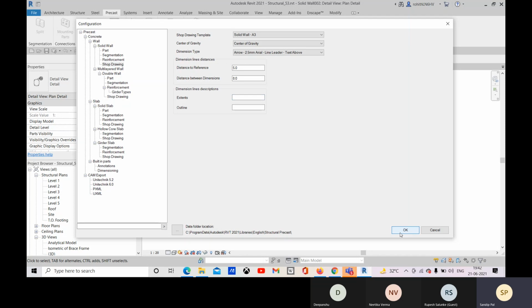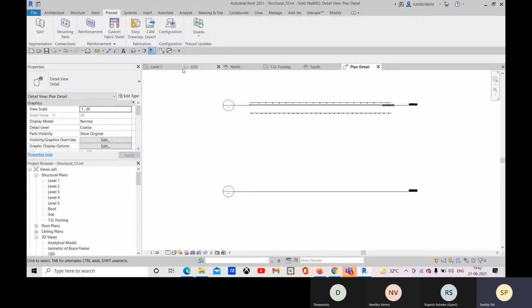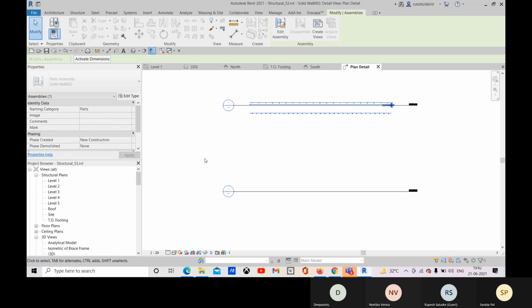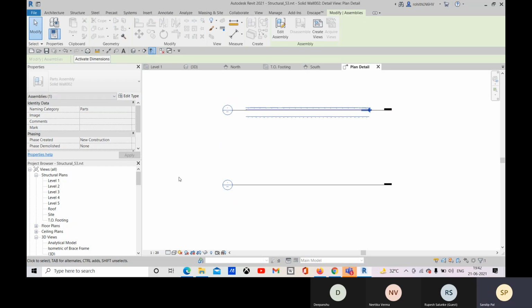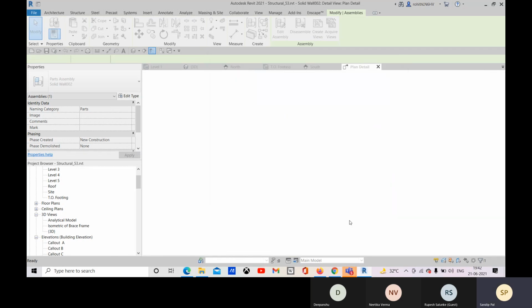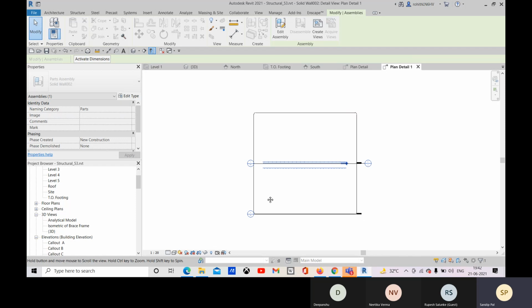So right now, let's click on OK, and you can define that type also. So the shop drawings, and during the shop drawing also you can choose what are the views. Okay, and the sheet you can choose, and then click on OK.